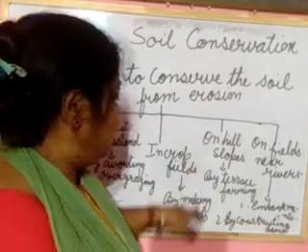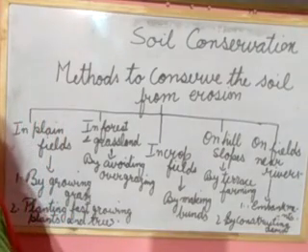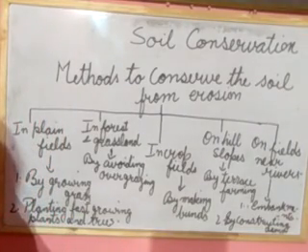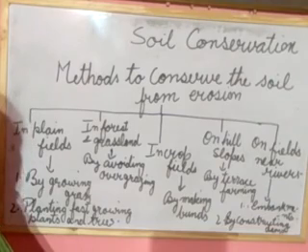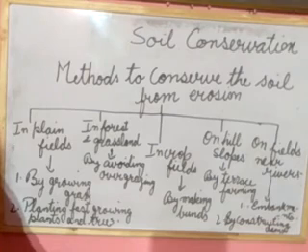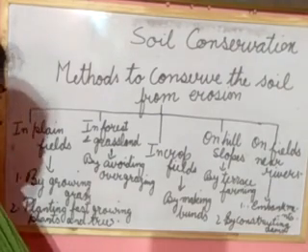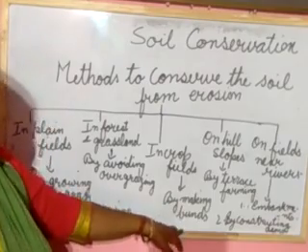Next one, in a crop field, by making bunds. In a crop field you have seen that soil erosion can be prevented by making a high boundary of mud in the form of bunds. Big farms can be divided into small field areas with boundaries. Understood? So for making bunds we can do this.